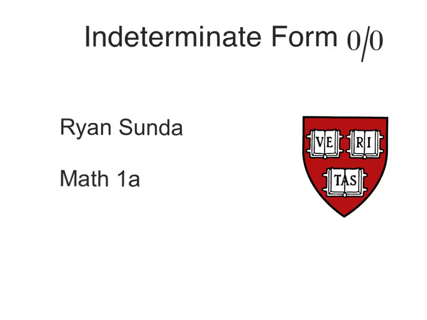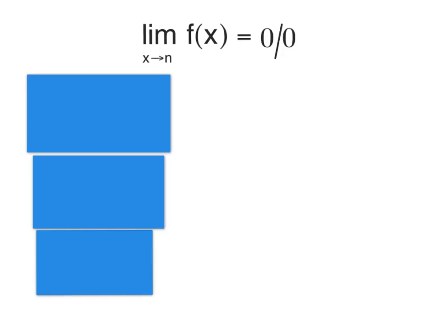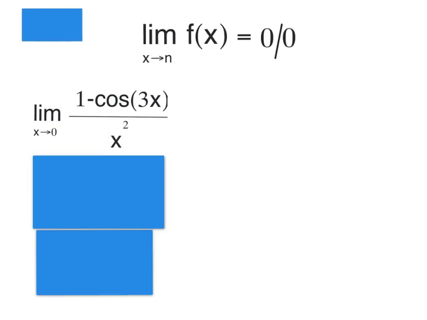I'm a Math 1A student, and I'm going to be talking about the indeterminate form 0 over 0. This indeterminate form occurs when you take the limit of a function of x as x approaches a number n and get 0 over 0. To illustrate this, we're going to take a look at one of the problems from our